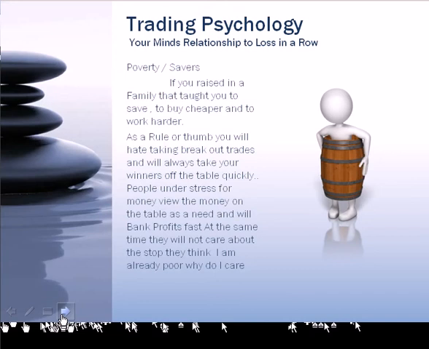At the same time, they will not care about the stop. They think, I'm already poor and I don't care. If I lose it, I don't care, but I need it if I win. It's kind of a rotten dynamic, but I call it the counting pollo problem, where you come in and you're scared because you're going to be out of money and you count how many chickens you have around because you need the money to eat.